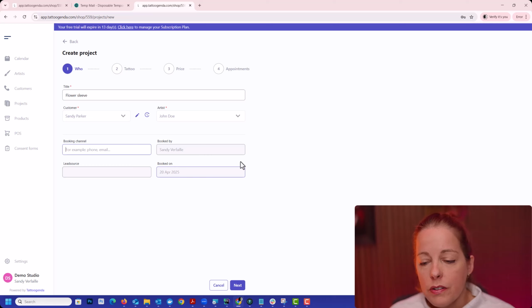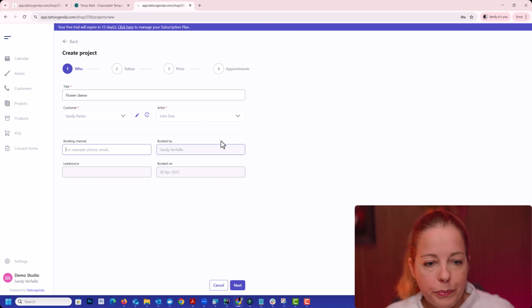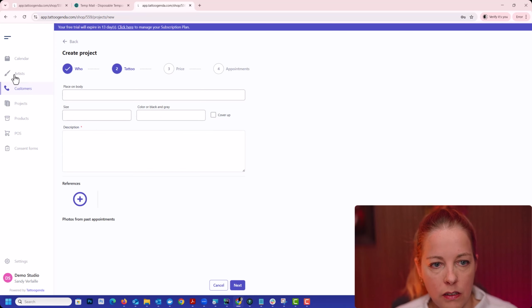And then the booked on is the date of today, so this is 20th of April. This is also filled out by default. Later it can help you with, for example, ordering all the projects that were created on a certain date. For example, you hire somebody to do your reception desk on Saturday, and then on Monday or Tuesday you want to see all the new bookings that they created for your studio. You can order on date, and there you will see all the ones that were made by them, and then you can do a quick checkup, for example. Next.